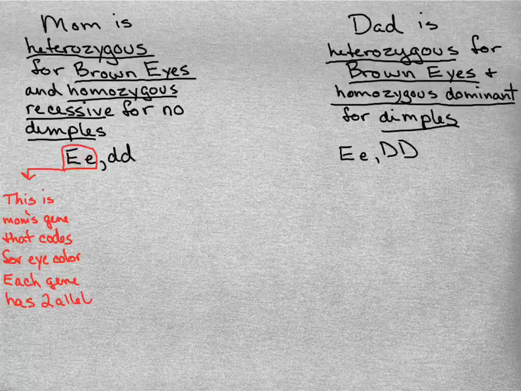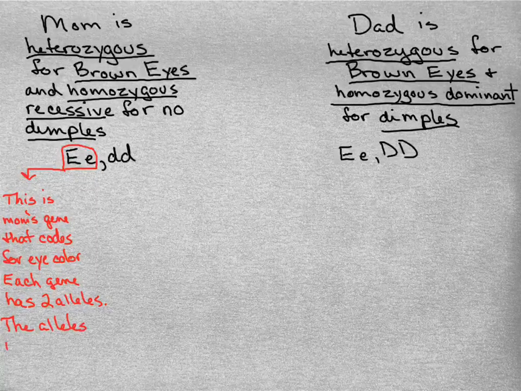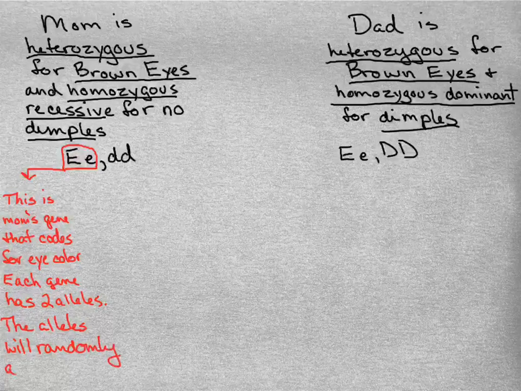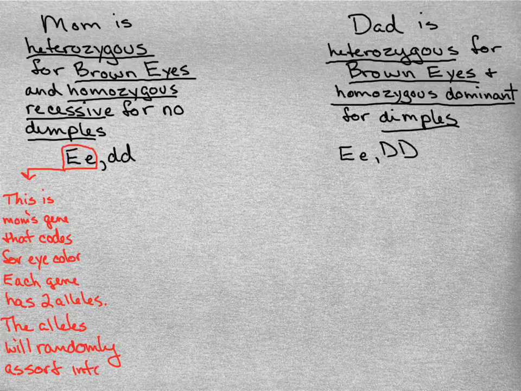And each gene has two alleles. We use capital and lowercase letters. And each of these alleles is going to randomly assort through this process. So